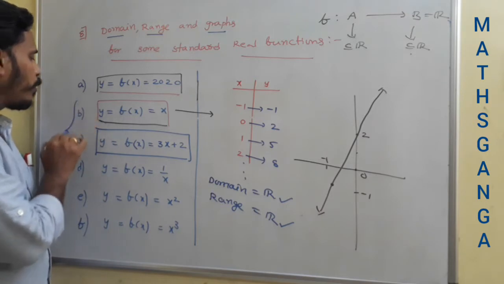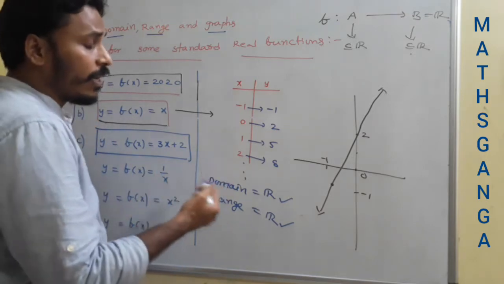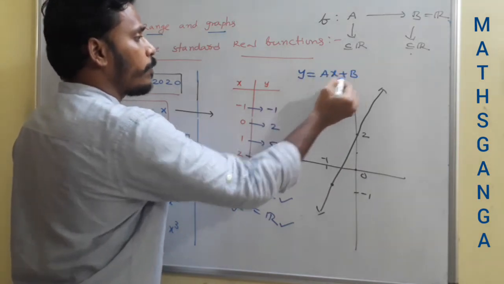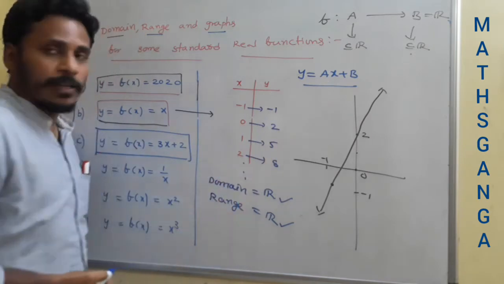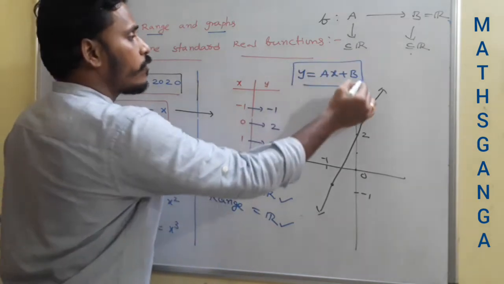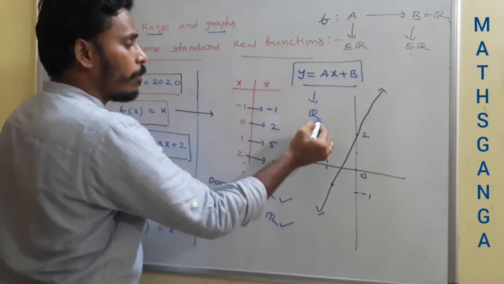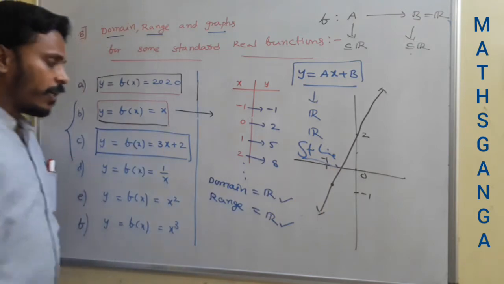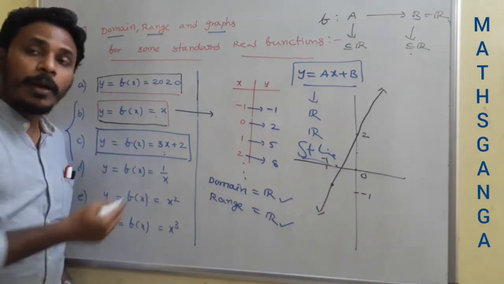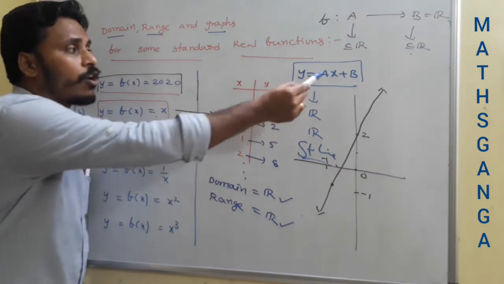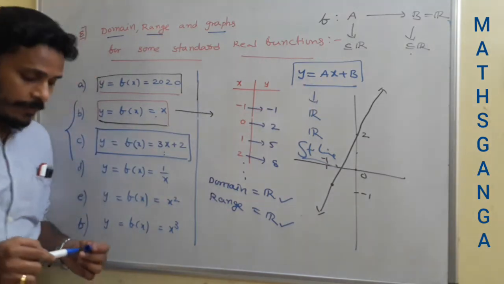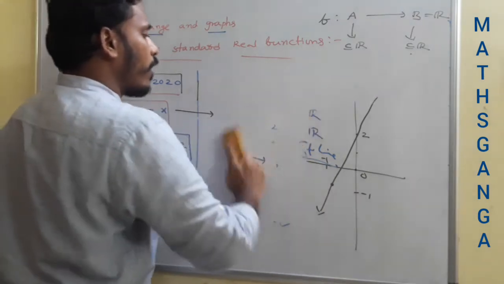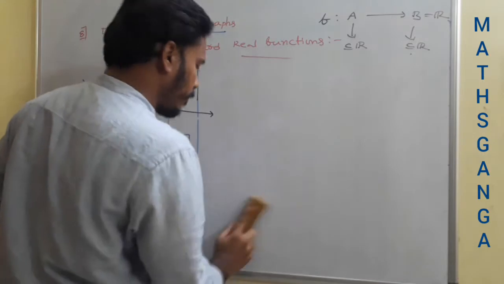See, when you observe this b and c, we can make a generalization. If you have a function y equals some ax plus b, for all the functions of this format, the domain is all real numbers, the range is also all real numbers, and the graph is just a straight line. Here in particular I mentioned 2 examples, but in general, if you take any function of the form ax plus b, it's a straight line, and the domain and range are all the real numbers. Okay, then coming to the next function, just have a look here.